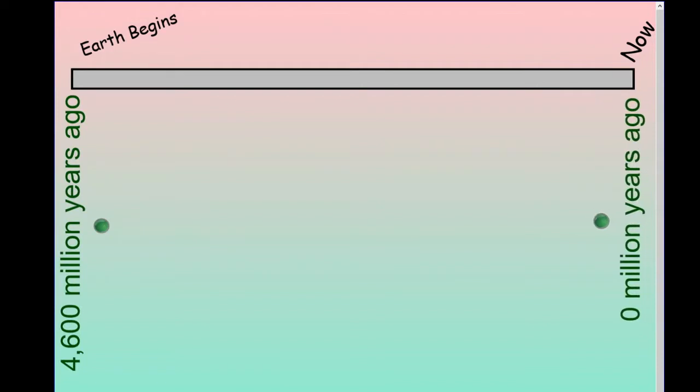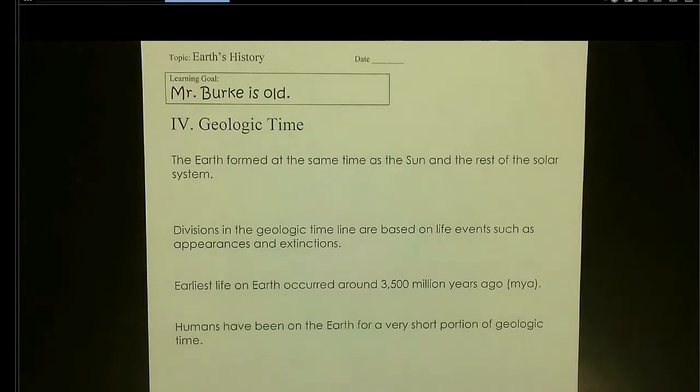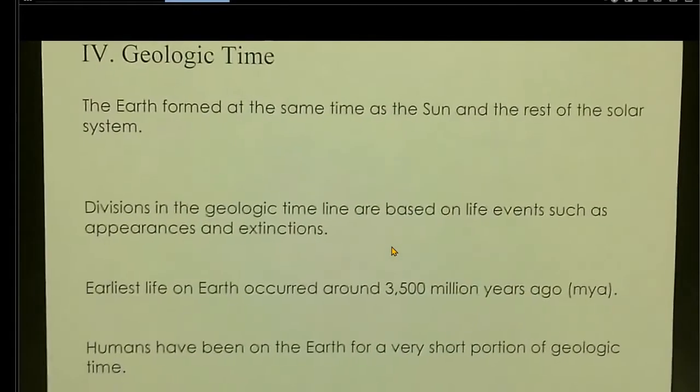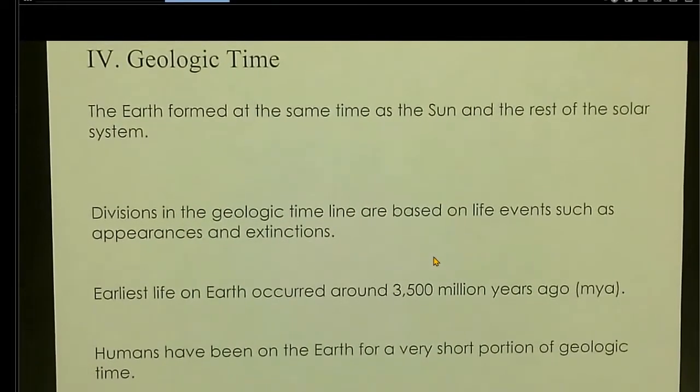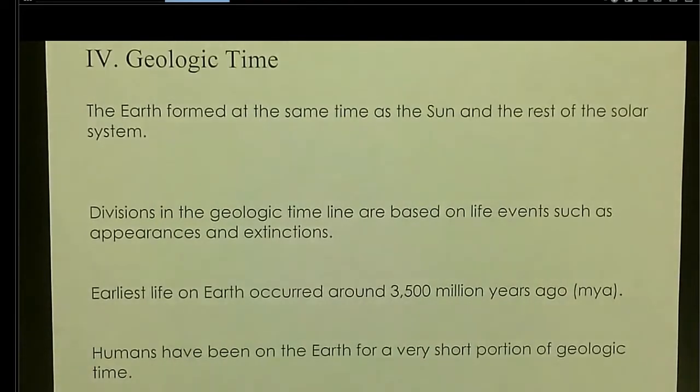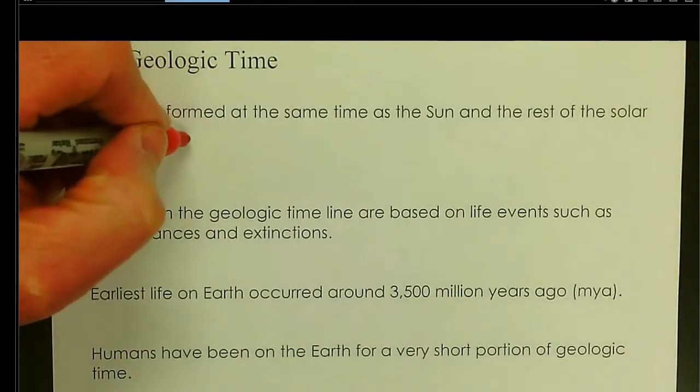All the way to the right is 0 million years ago. All the way to the left is when the Earth begins at 4,600 million years ago. If you turn to page 99 in your notes, we have 4 main ideas that we need to get down. The first idea is that the Earth formed at the same time as the Sun and the rest of the solar system. This happened, from what we just saw,